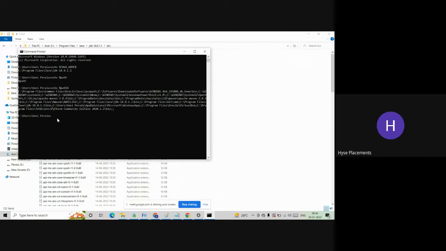Like this, we have to set the path. Otherwise, what will happen? If you are executing any Java command, so where is Java installed now? Here. Program Files, Java, JDK 1.8.0/bin. You have to go to that location. In that location only, that means